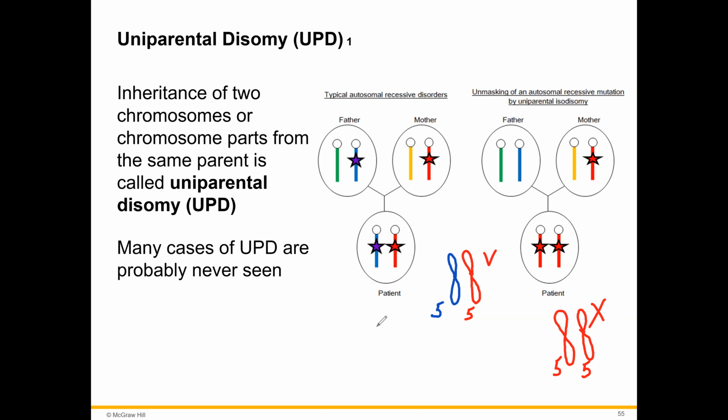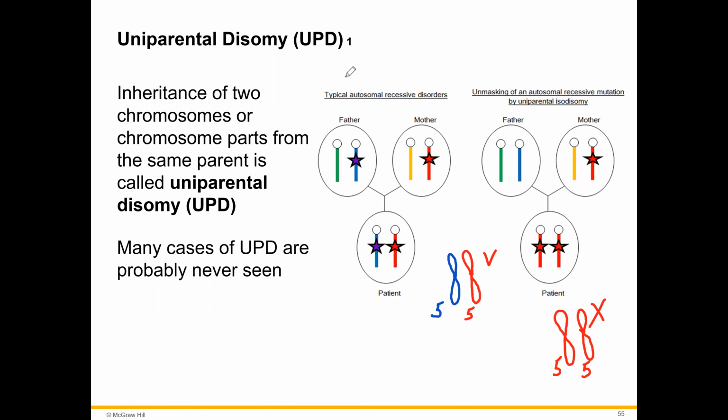And again, what does uniparental mean? Uniparental means it comes from one parent, right? That makes sense. Comes from one parent. Many of the cases are probably never seen. That means that the embryo was aborted at an early time, and we never really see it. But we do have some disorders that can be caused